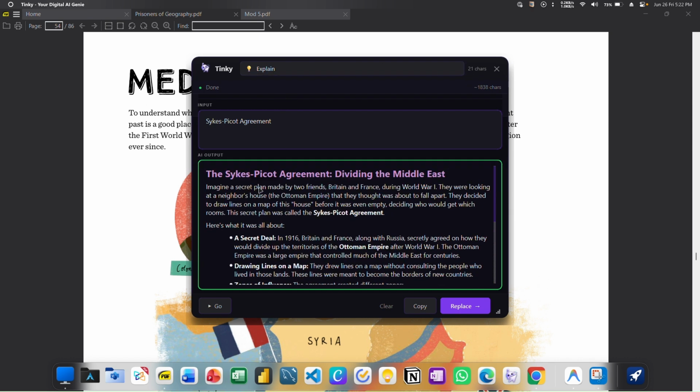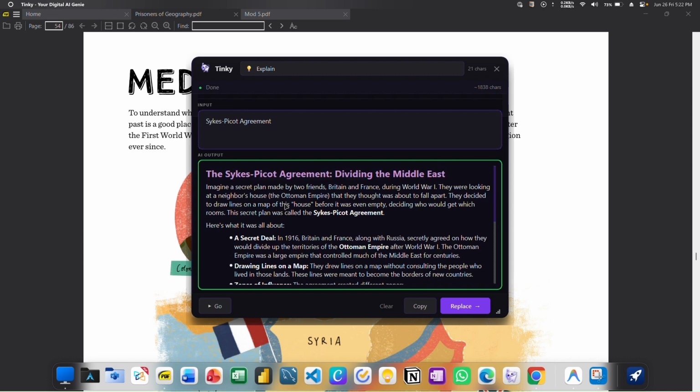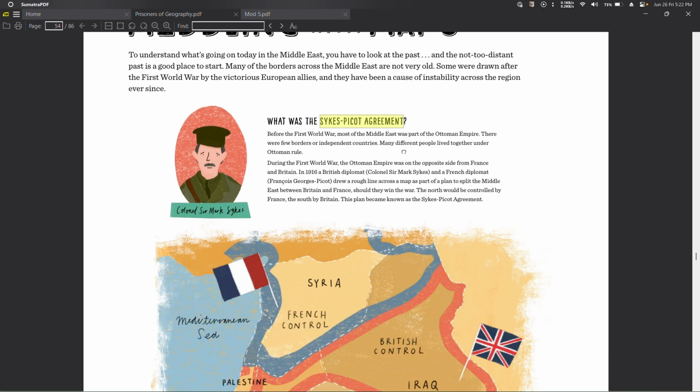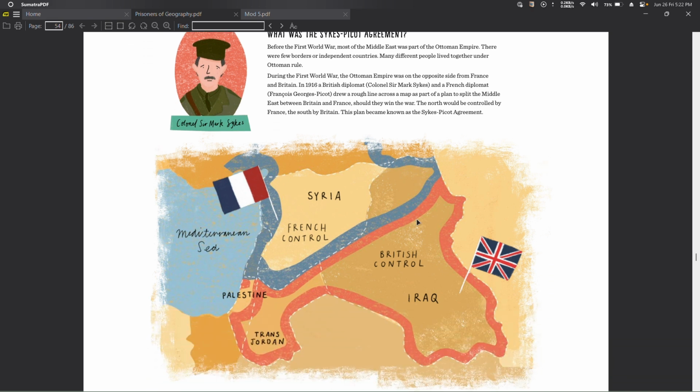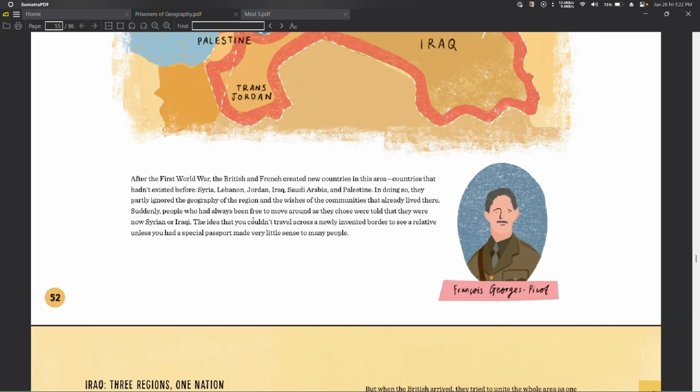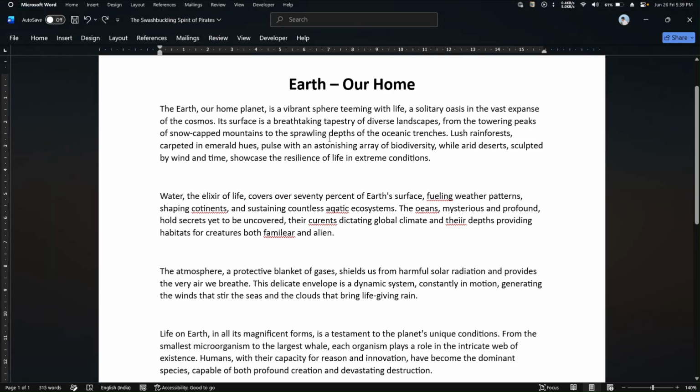That's it. So I got the beautiful explanation without going anywhere. I got the meaning, and that too staying in my workflow. I can continue now with focus, continue reading my book without any distractions or any other thing. So, the next case, that is writing. See, when I am writing an article like this,